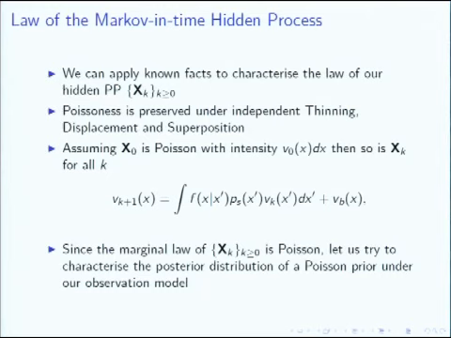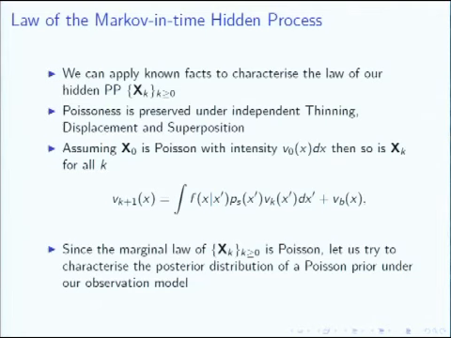So we know now the marginal law of xk is Poisson. So let's see now if we can characterize the posterior distribution of a Poisson prior under our observation model. I'm just going to think of a very simple problem. I've got a hidden process x which is Poisson, and I know my observation model. What can I say about the posterior distribution of x after observing